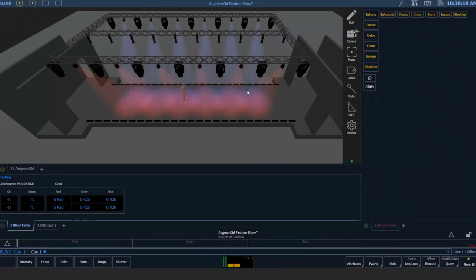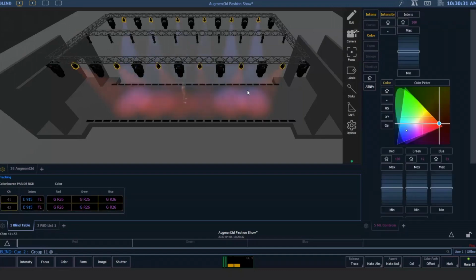And again, this data is just reflecting what the live display has always shown us, but in a visual format. So I'm going to hit next. So I'm looking at Q2 here. And I'm going to make a change. So I'm going to say group 11, I'm going to change their color to Lee 200. Okay. And now if I go back into